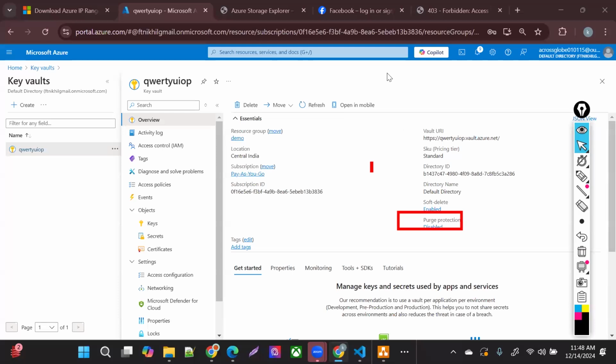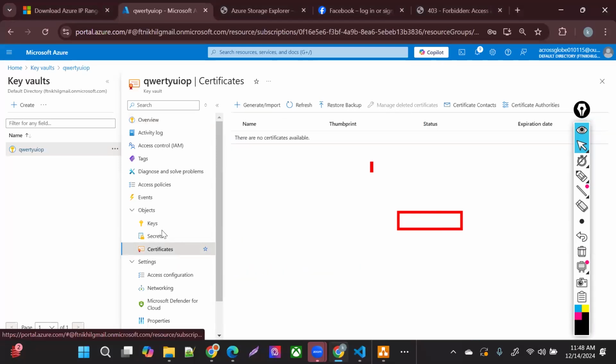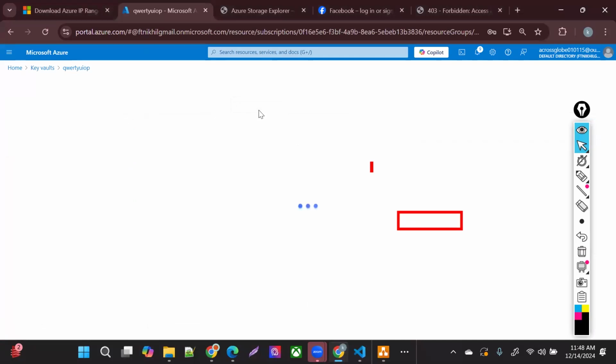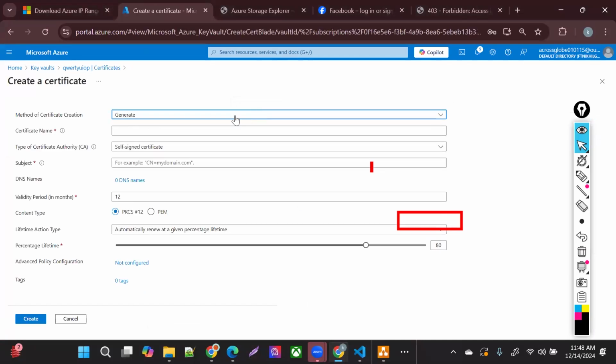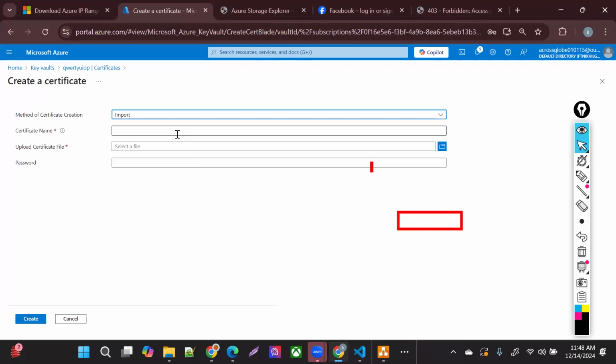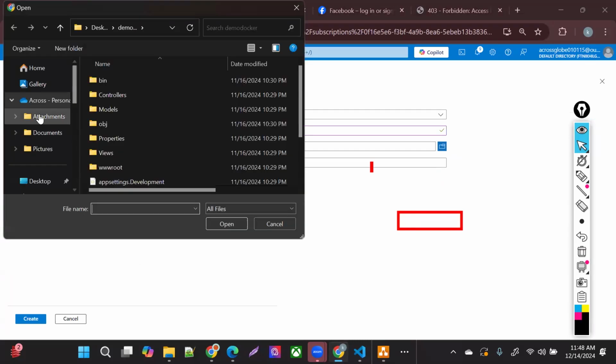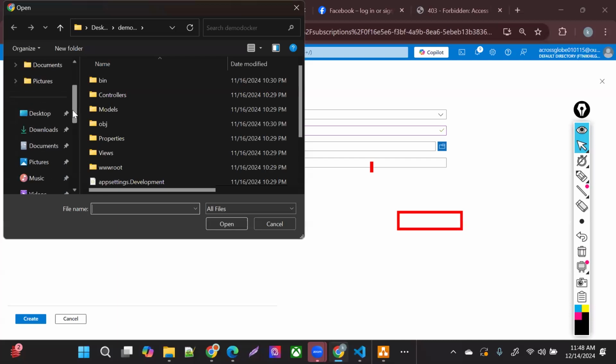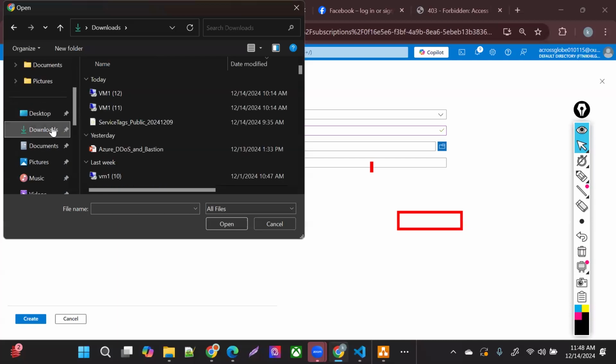Yes, guys, we also have the certificate option. Here we can upload the certificate. Exactly, that's what I said. You can upload the certificate, or you can even generate a certificate from Microsoft, or upload your own. Let me show you. Let me upload one certificate. I'm selecting import certificate. I need to provide the certificate name, let's say demo one. Now, where exactly is the certificate? Let's say that certificate is residing on my local system. Let me see if I have any demo certificate. I'll show you how to do that. It's very easy to do.